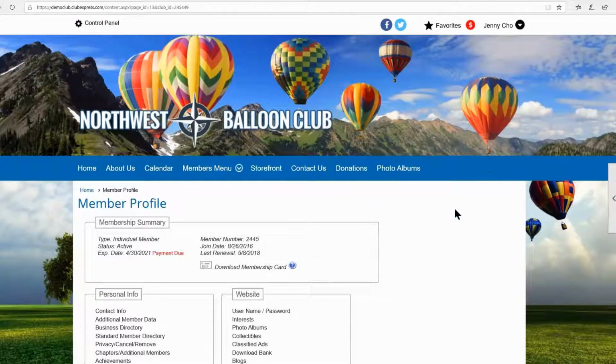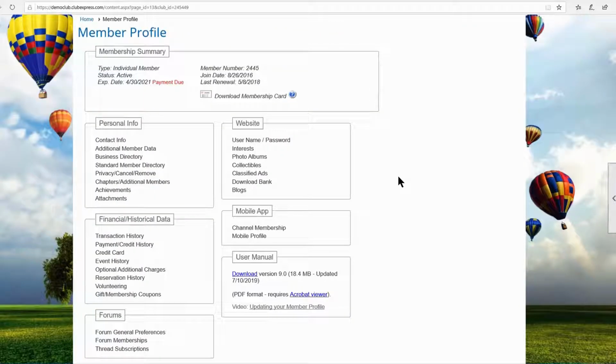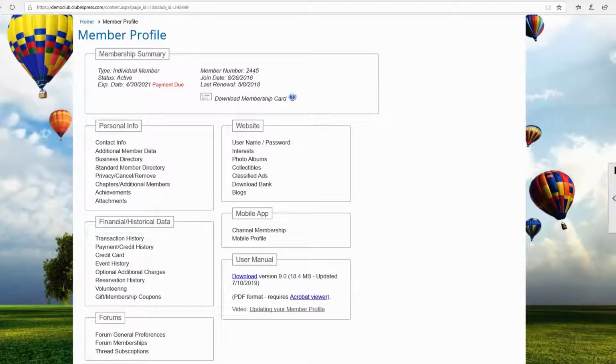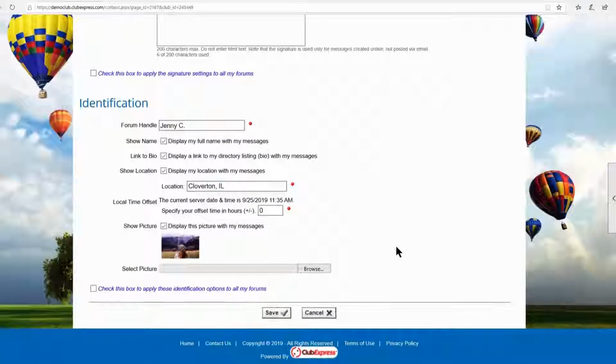Now, before we go much further, Michelle or Samantha, do we have any questions to this point? One was a request that'll have to go to our wish list internally. When you were showing the general form preferences screen and how you can add a picture to be used in your postings, there's been a request to let you select, for example, your directory photo if you choose to use that, or to not have to do yet another upload if you want to use the same picture that you're using in your membership directory.